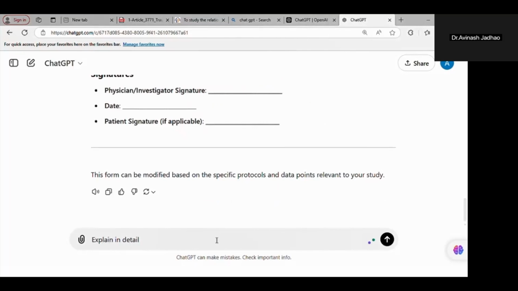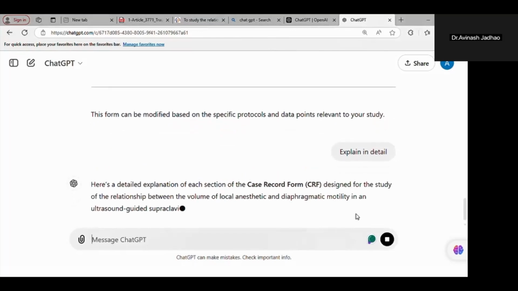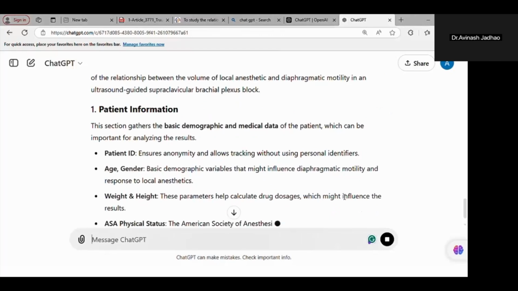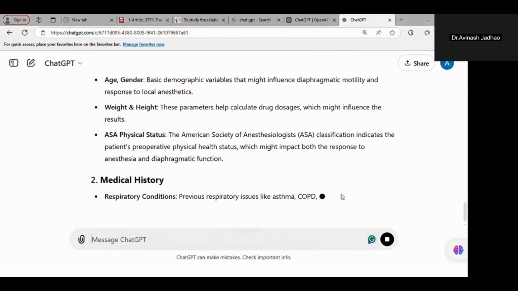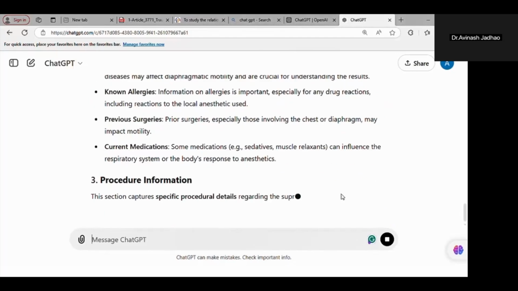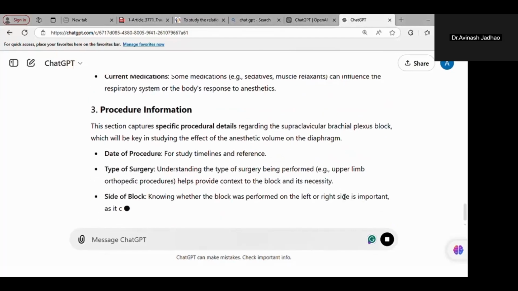Ask it to explain in detail if something is not understandable. ChatGPT will explain what is wrong with your case record form. ChatGPT will guide you on what parameters you are going to collect in a case record form. Because new PGs are there and they may not be able to understand what the current terms are.